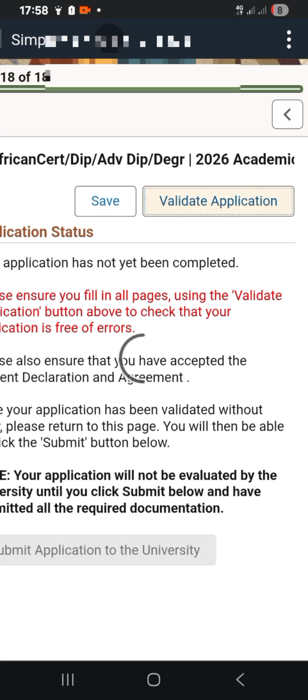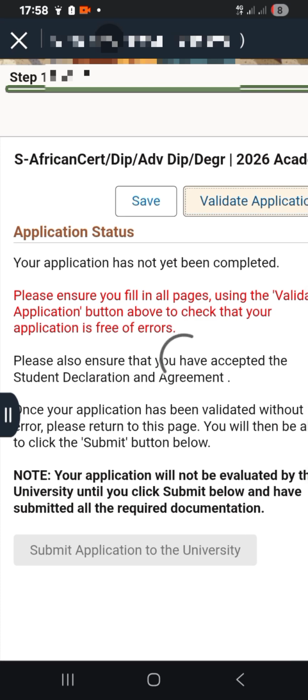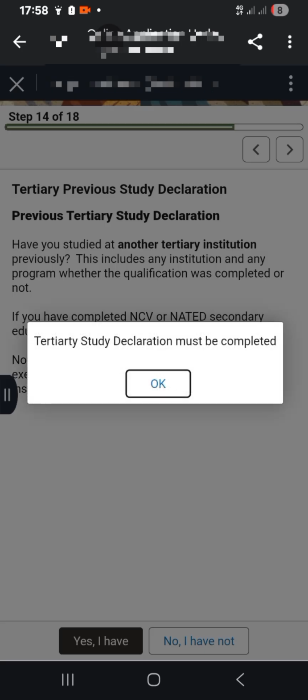You click validate application, izokuvezela yona ukuthi where did you make an error, and then you have to go and rectify lelo phutha ozokulenzile. You click validate application, and then you wait. But if zonke izinto zakho ucomplete correctly, then izokunikeza i-option to click lapha usubmit application, then you are done with your application.